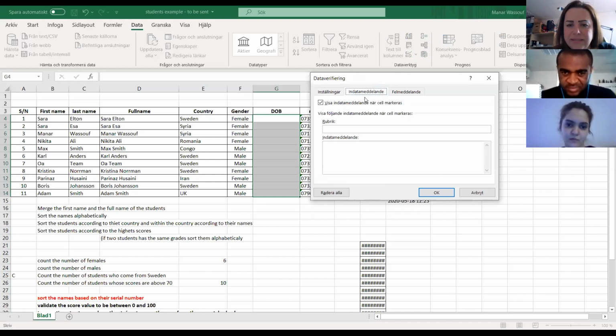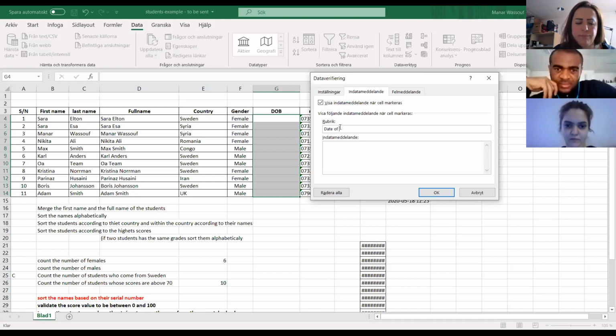The end date. The rubric, let's say: student date of birth should be between 1st January 1999 and 31st December 2000.